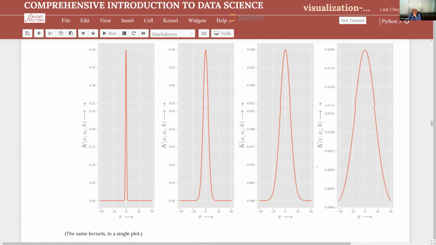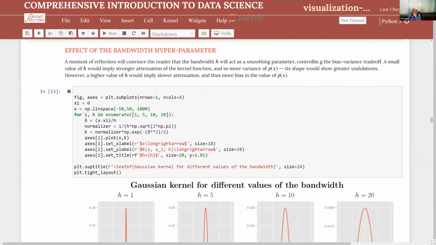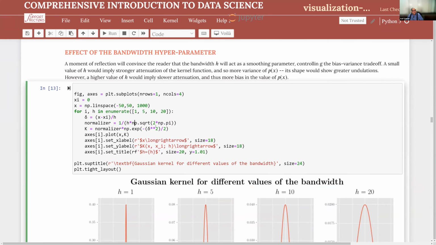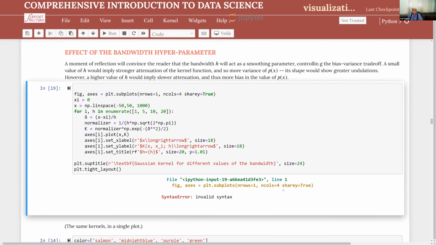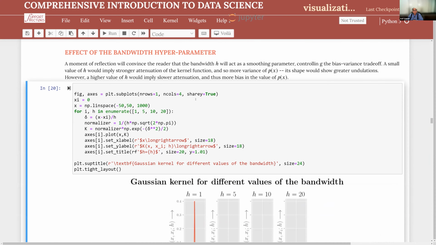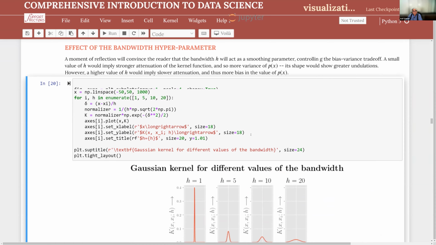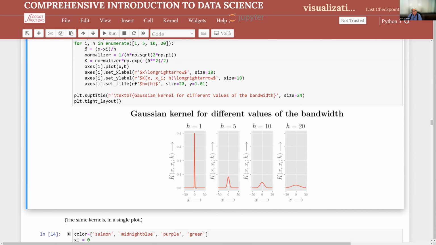Oh, I should have done something. One second, let me do this. I don't know if I have run the previous cells and it will have an effect. Let me do this. Share y is equal to, because I've not run the previous cells, I'm not sure whether this is done or not. So now, share, oops, sorry, comma. Yeah. So, well, of course, do you notice that when you keep the bandwidth very low, you get a high peak,